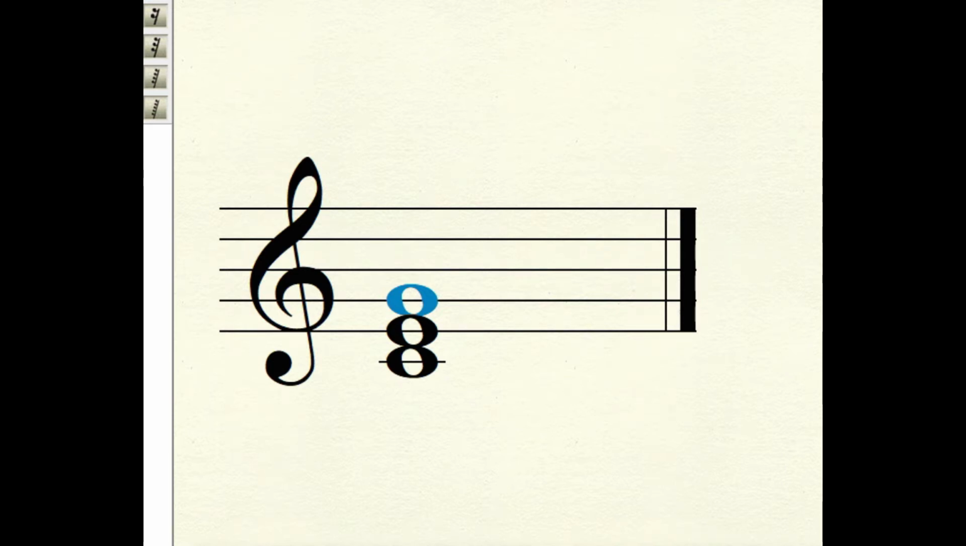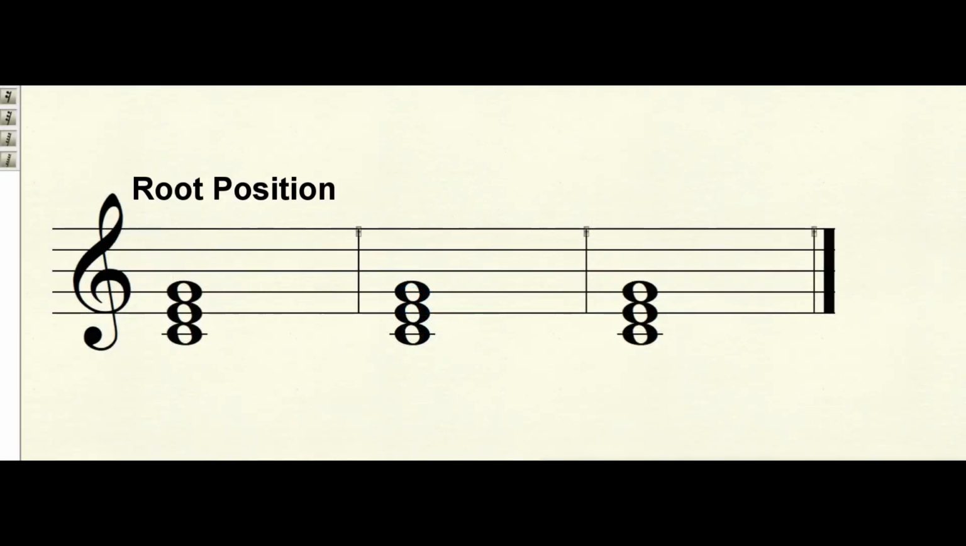If you want to learn more about building chords, you may check out my recent video I've just released about building chords. Now sometimes the chord will not appear like this, but